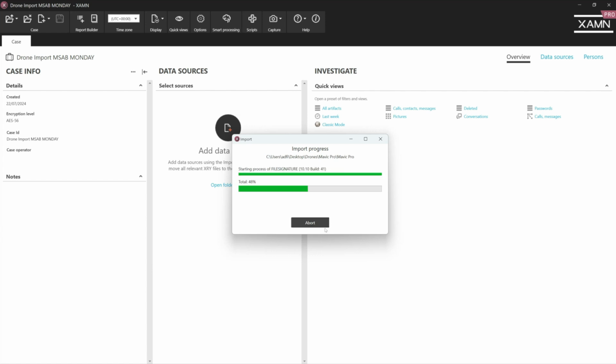Drones are becoming a big part of digital forensic investigations, especially with corrections and other areas where they are being used for criminality. We hope that you can see how useful XRY and Examine can be when you're dealing with